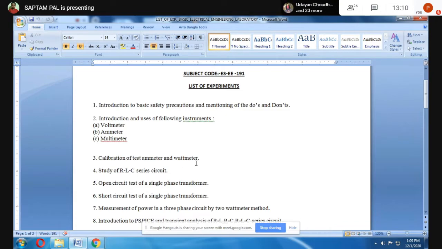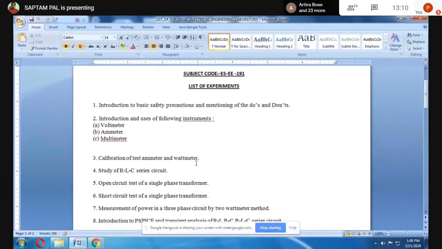In our laboratory there are different types of ammeter and wattmeter available. We have to find out the calibration of the ammeter. There is a specific formula: (As minus At) divided by As, into 100. We also find out the calibration of the wattmeter. So calibration means W minus